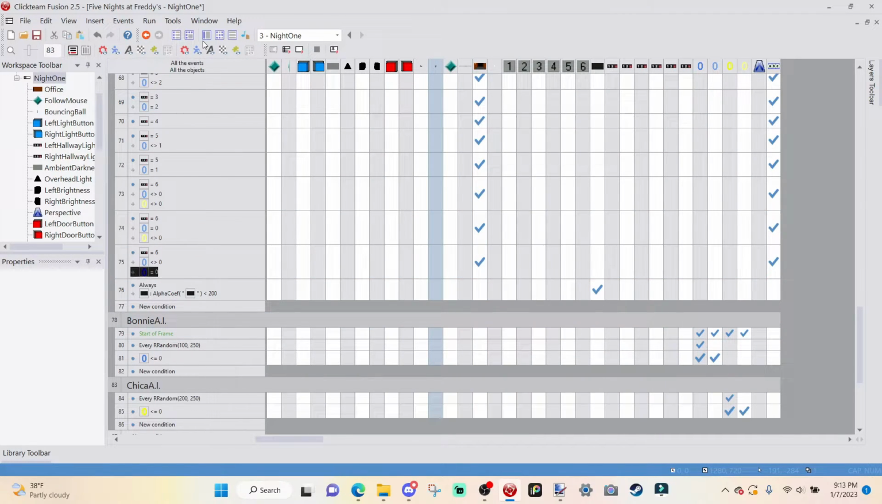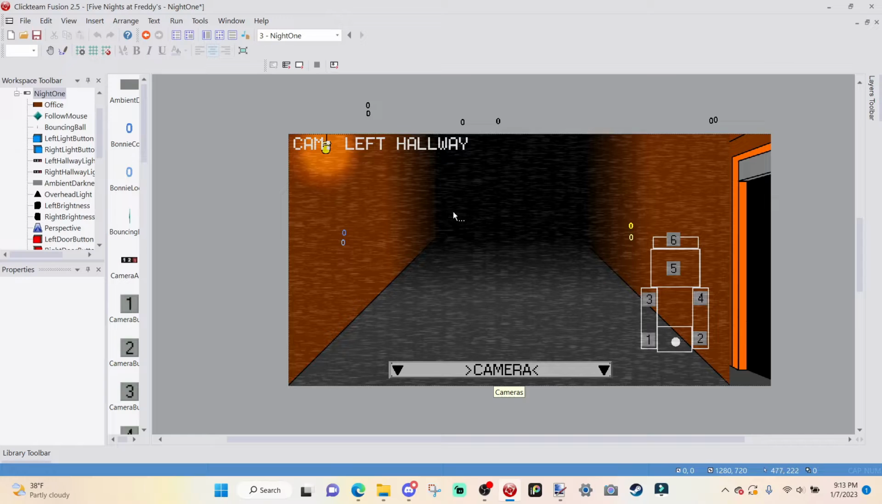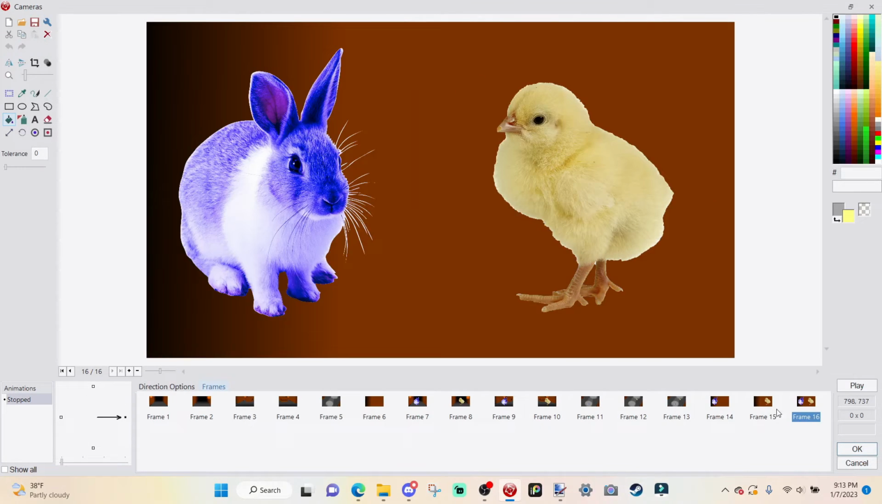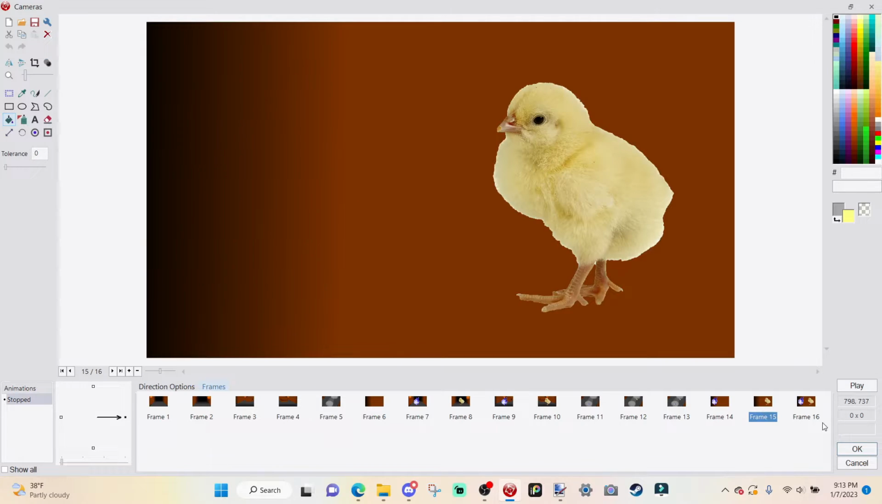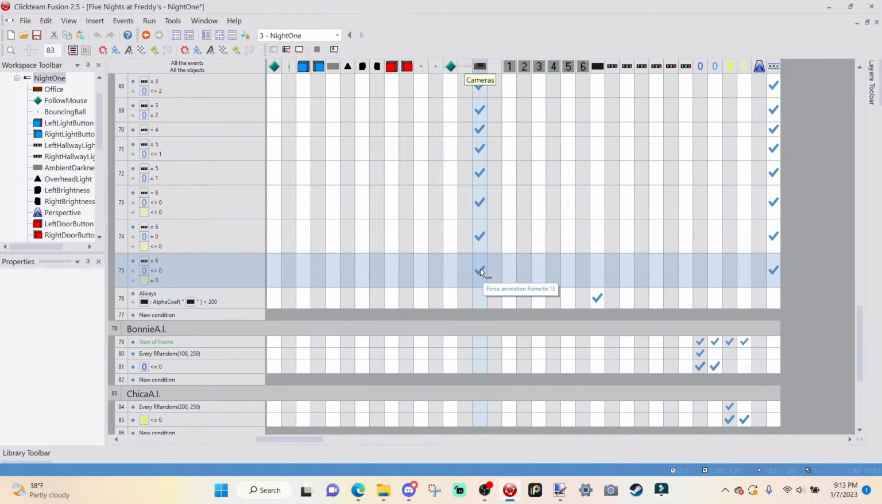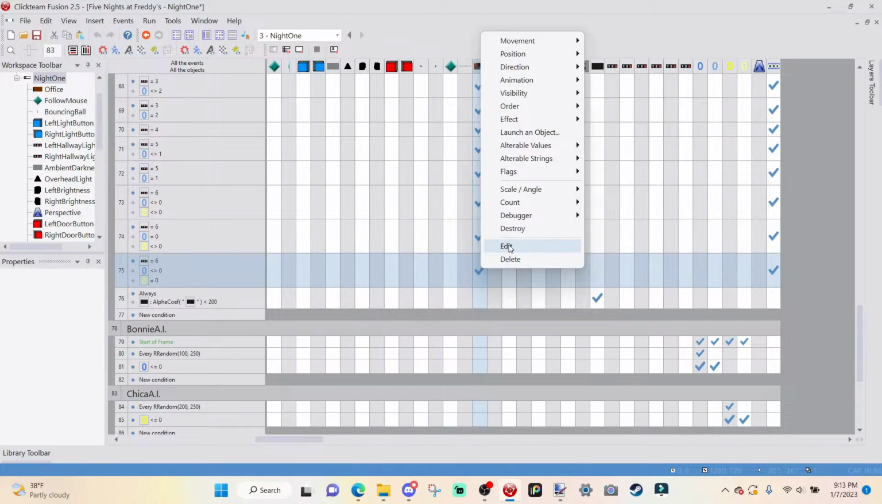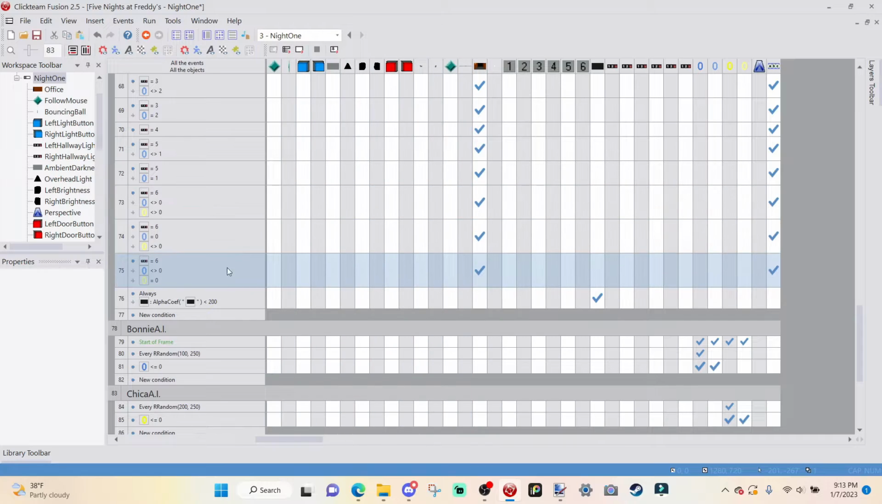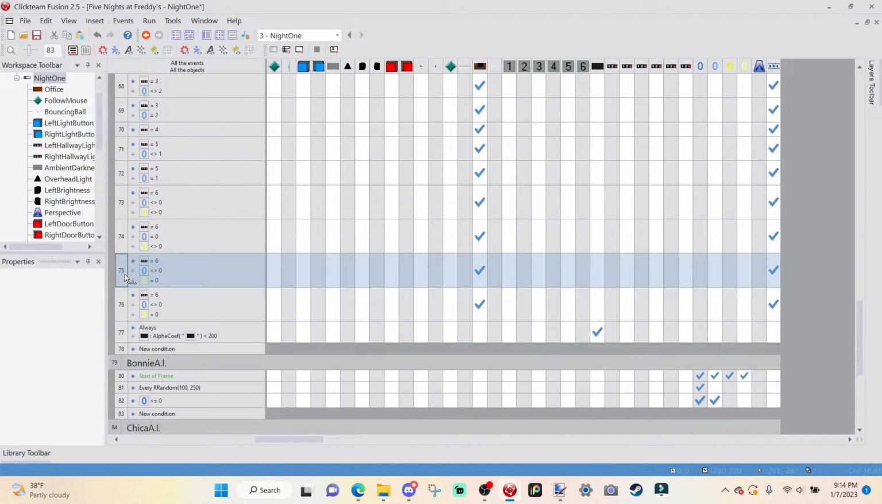Cool. And since I have no idea what frame Chica only appears in, we're going to go into cameras, and that frame is frame 15. So that's 14. So go over to force animation frame 13 and change it to 14. Awesome. Then what you want to do next is go over to 75. You want to copy and then paste it